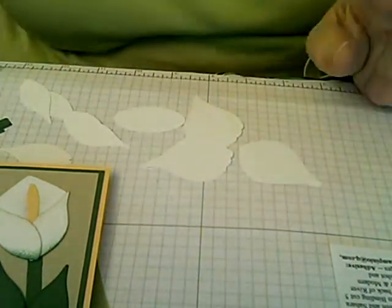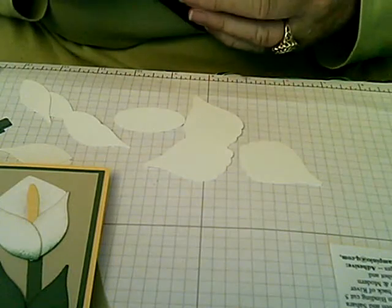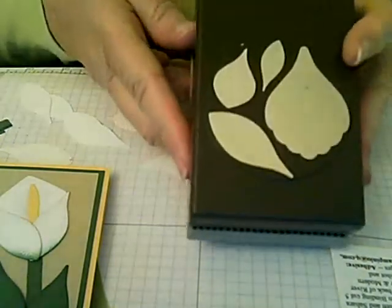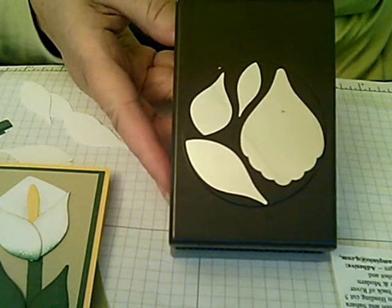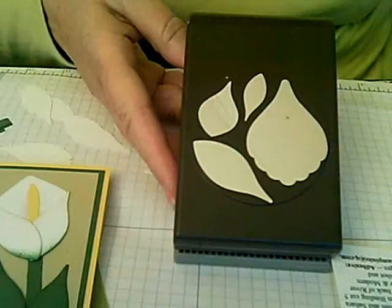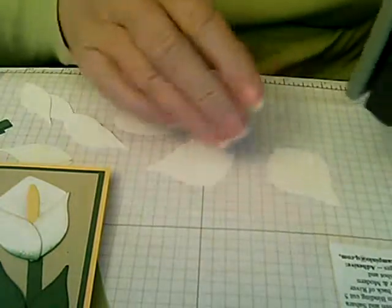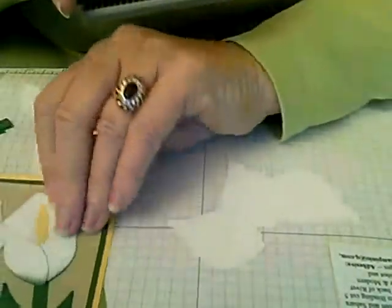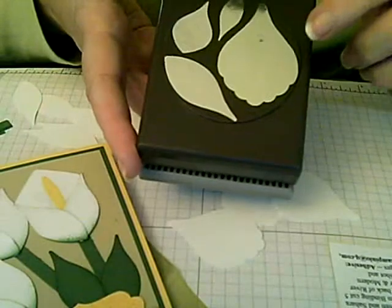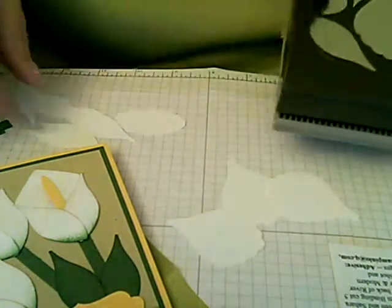We're going to use a lot of scraps, so this is a great project for using up scraps that you have. We're going to be using the Blossom Petal Punch from the Occasions Mini. We're going to use lots of white, so you're going to want to punch out using the large petal. You'll punch out 3, 1 for each of the Calla Lilies that you're going to make, and you'll cut out 6 of the large leaf pattern, leaf or petal,